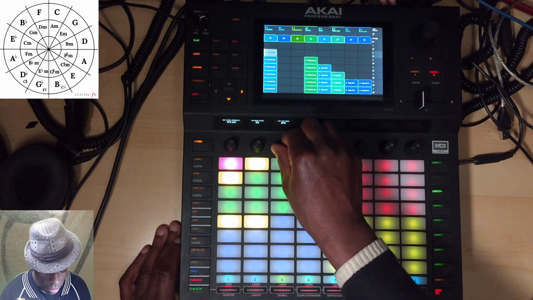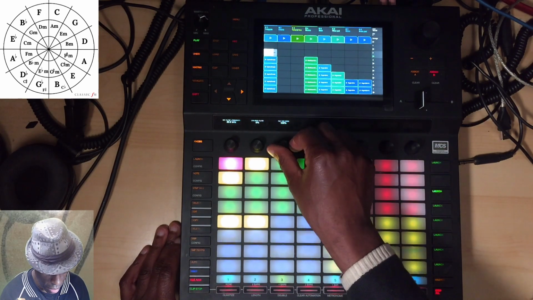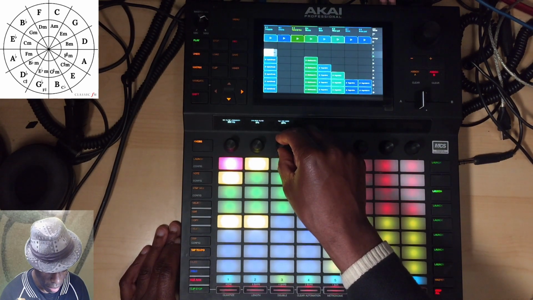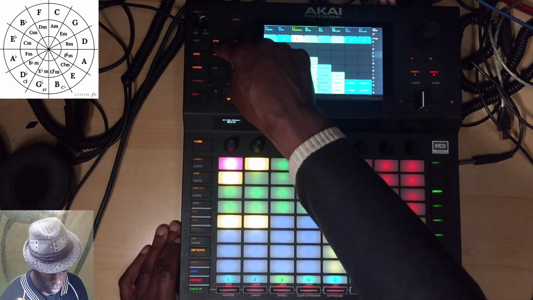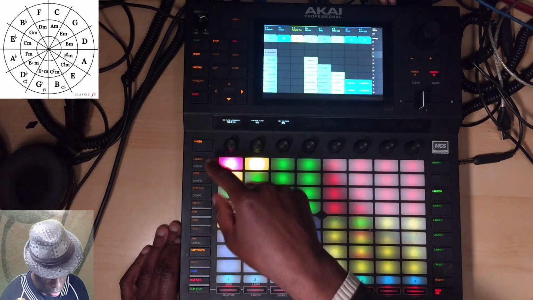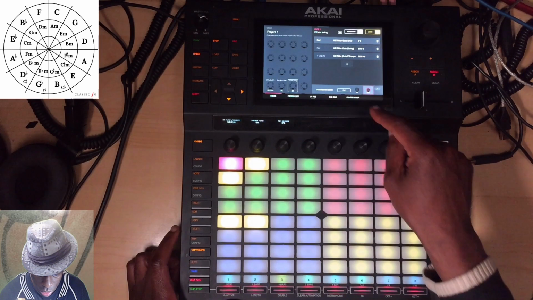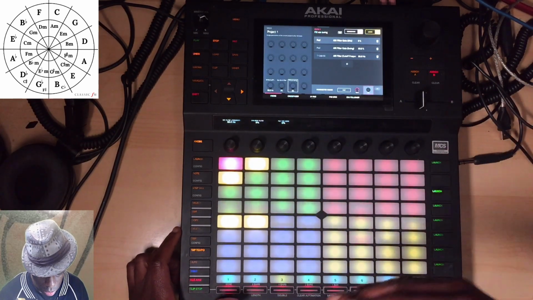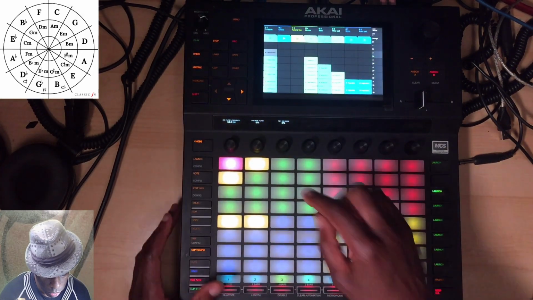So, do you know what I forgot to do? I flipped it around the other way. So, that's interesting. Happy accident. That was a happy accident. So, let me fix that. And how would I fix that? All I have to do is go into knobs and flip them round so that they're the other way round. So now it's going from 100% and it's going all the way down to 0. So now, when I do that, if I play this,